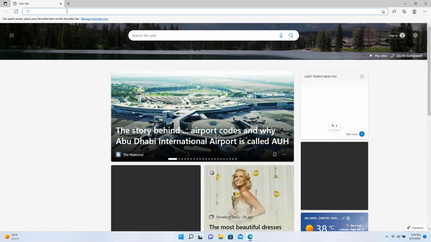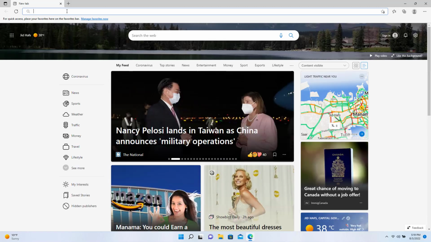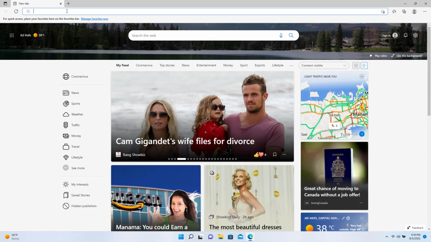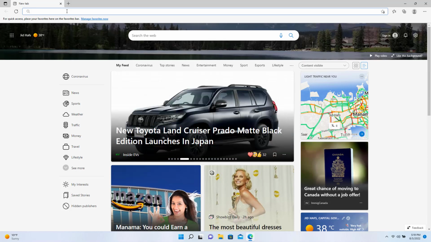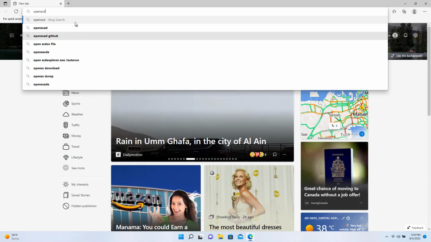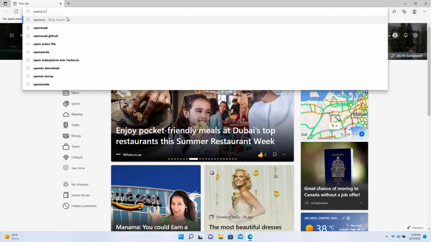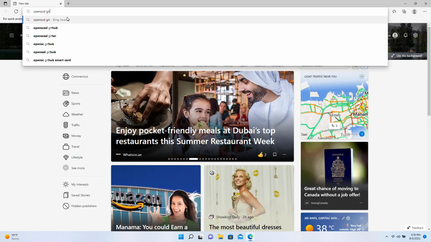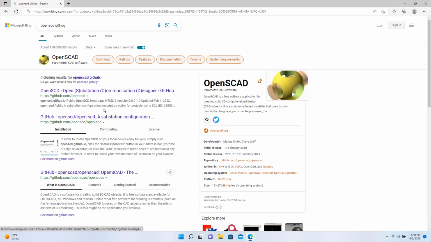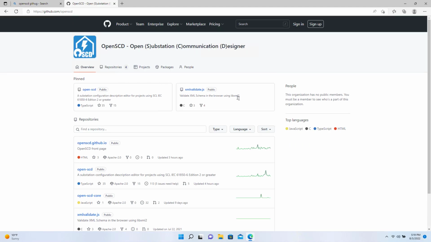OpenSCD, which is open source software that's available on the internet. And you can see how you can download it online, and I will also provide an option in the description for how you can set it up offline as well. So you can type OpenSCD. It's available on GitHub. It's a substation communication designer. It's a tool, and you can